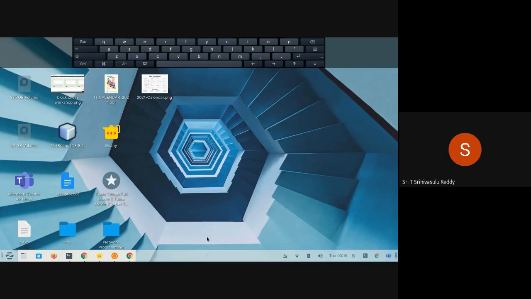You can say what is the latest operating system under Windows? What is the name of the Windows operating system? Any idea?